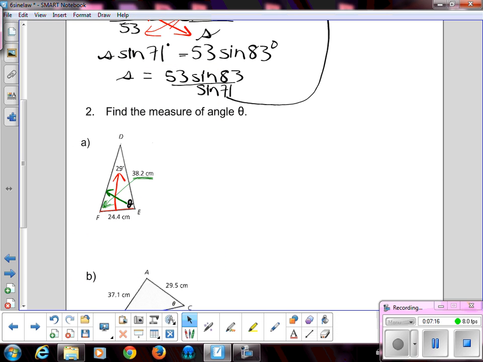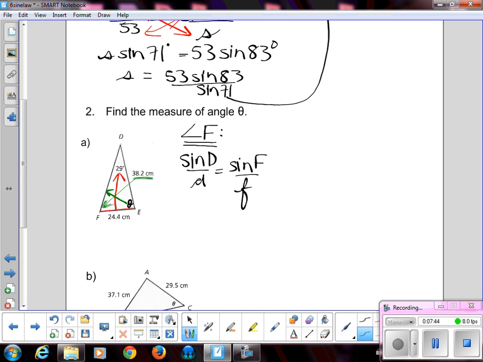And so now we go and we write down our sine law again. So first of all, I'm going to find angle F. So what I'm doing is I'm writing that in my solution so that the people looking at my work, or even myself if I go back, know that the work I'm showing at the moment is to find angle F. So again, I'm going to use sine D over D equals sine F over F, and it's a matter of substituting my information in. So we have sine 29 degrees over 24.4,